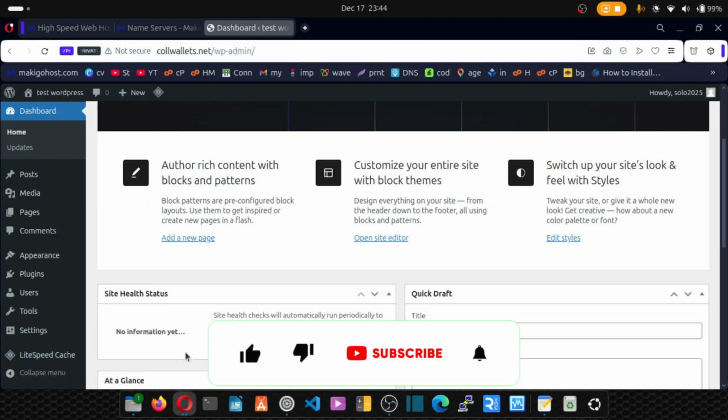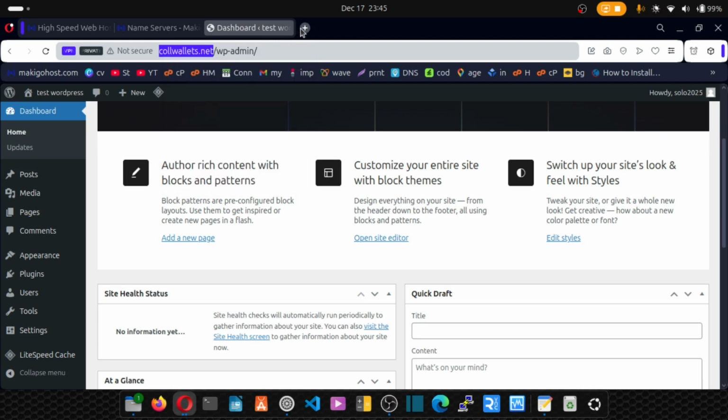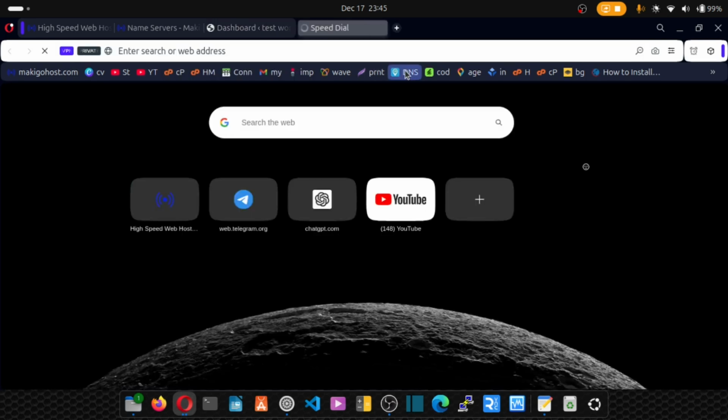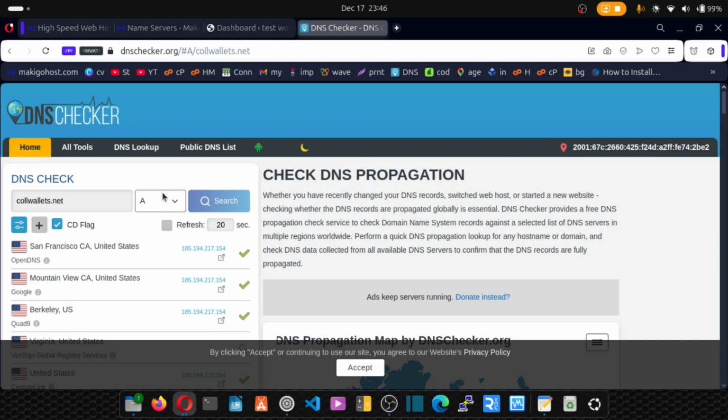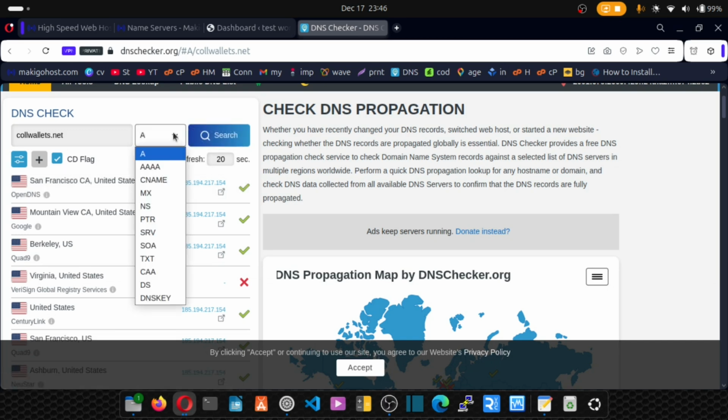Okay, next what we want to do is check our DNS. Okay, so let's just check our DNS. You see, you can see our domain name is pointing to our IP. Let's go to name service, click here,